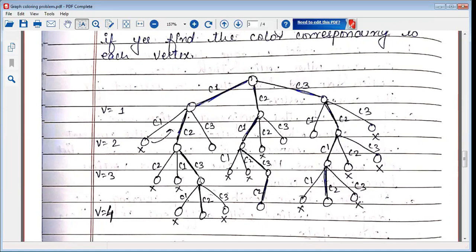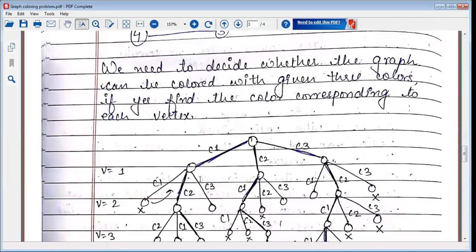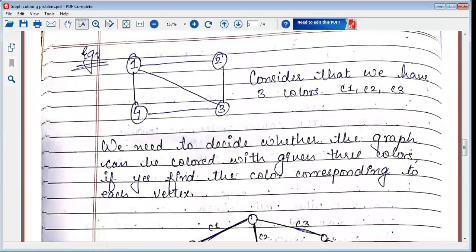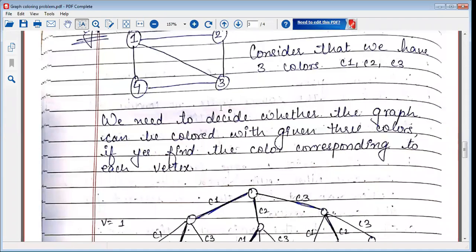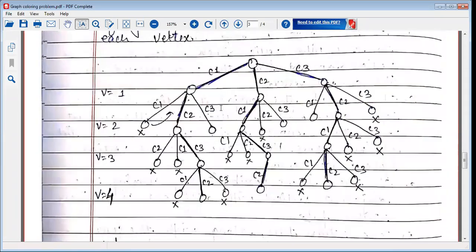Now for the fourth vertex, look at the graph. The fourth vertex is adjacent to 1 and 3 only. 1 is colored with C1 and 3 is colored with C3. So for vertex 4, this is the tree we are going to follow. Can I color vertex 4 with C1?